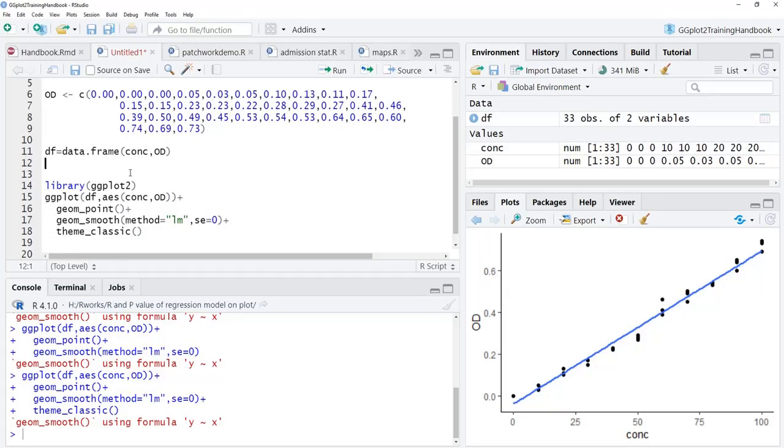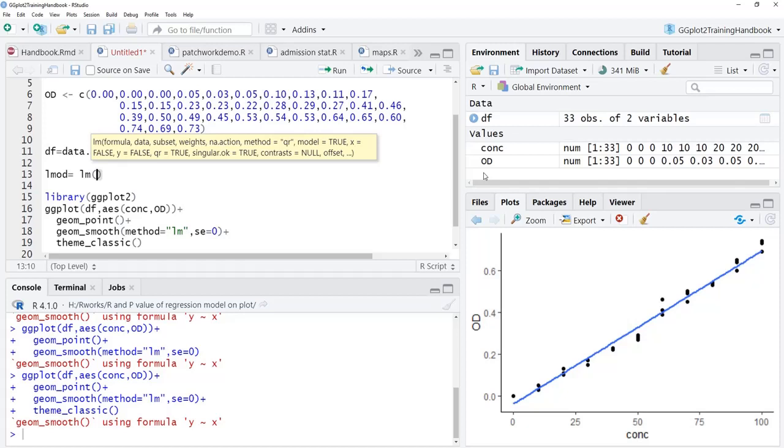Now we will fit a linear regression model to this data, and for that we'll have a model object, lmod, equal to lm, linear model, linear regression model.